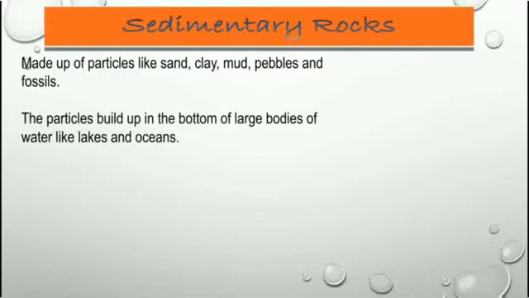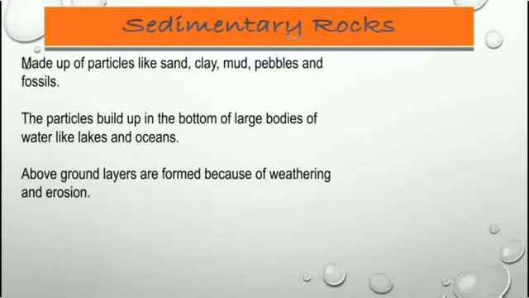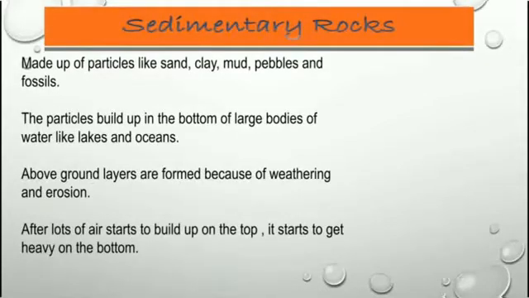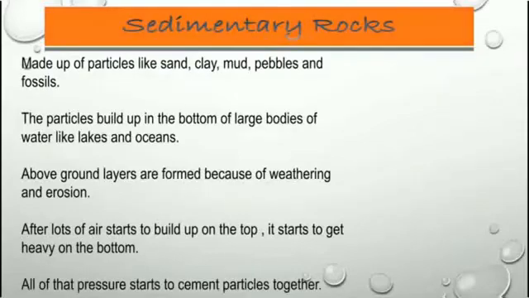These particles build up in the bottom of large bodies of water like lakes or oceans. Above the ground, layers form because of weathering and erosion. After a lot of layers start to build up on the top, it gets deposited.